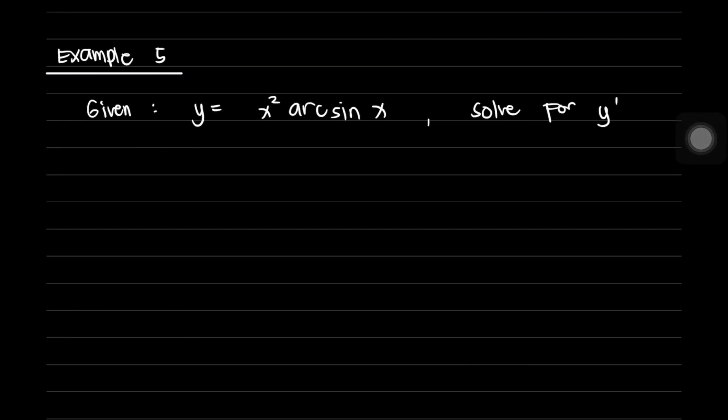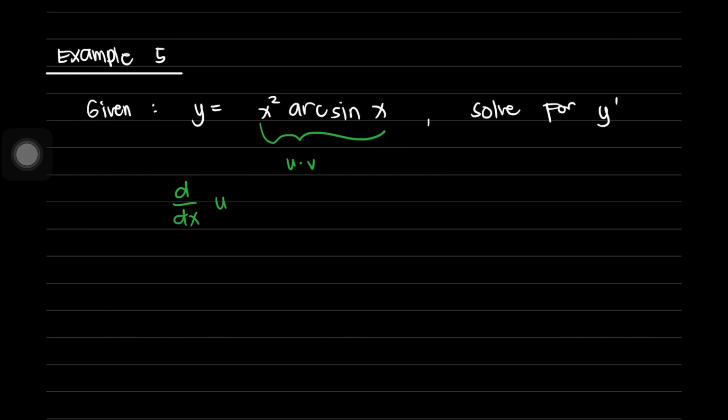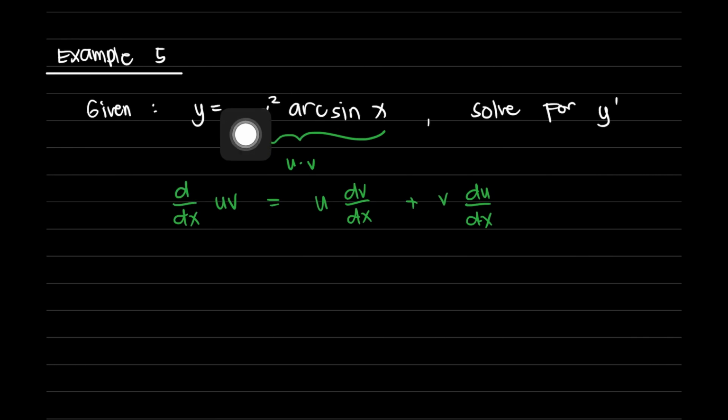Let's have another example here. We have y equals x squared arcsine of x, and we're going to solve for y prime. Alright, so in this given function, if we inspect it, we have u times v, right? So this is in the form of u multiplied by v. And the derivative with respect to x of u times v is equal to u dv over dx plus v du over dx. And since we have u raised to n in here,